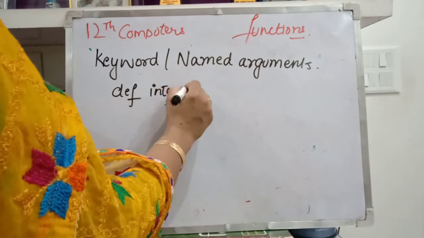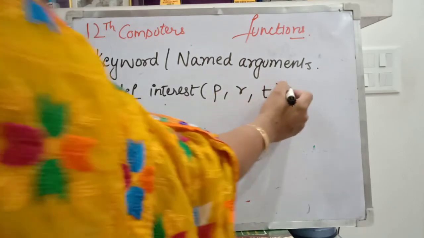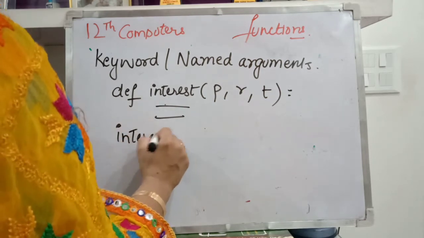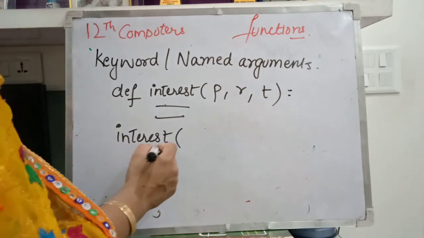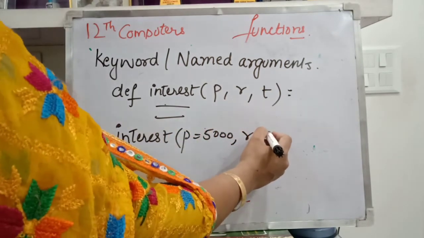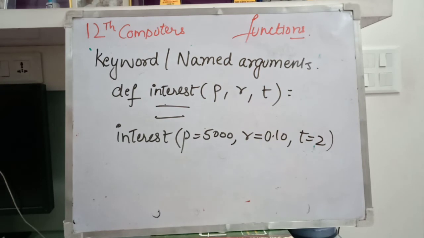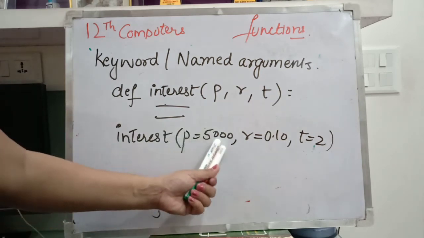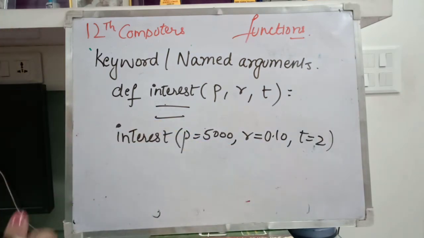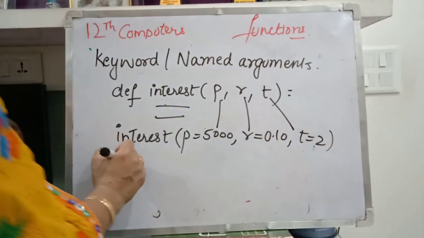interest, I defined a function, interest with p, r, t as the arguments which I am passing. Now just see very carefully, I am defining 3 types of calling function. In the first one I have defined p is equal to 5000, r is equal to, let's suppose, 0.12 and t is equal to 2. So I have defined that p will take the value 5000, r will take the value 0.10 and t is equal to 2. Now there is no problem in that. All the arguments will get the value which is defined in the main function.